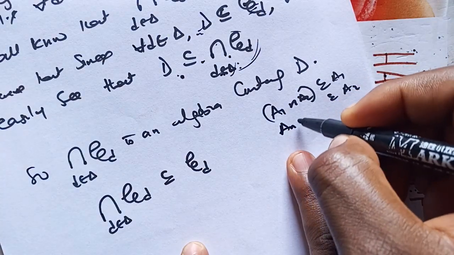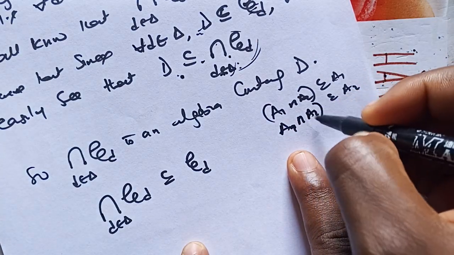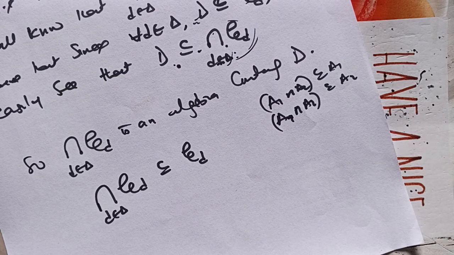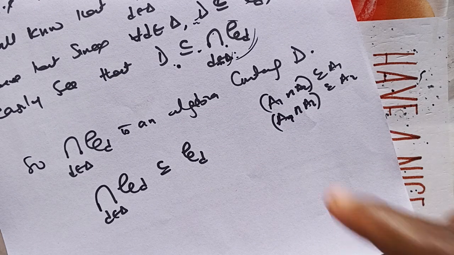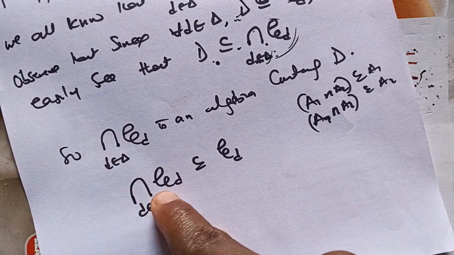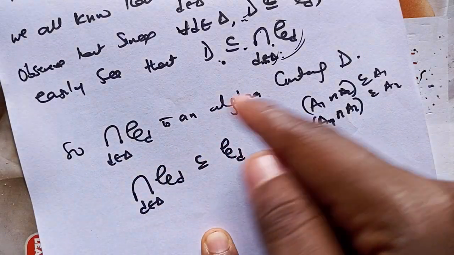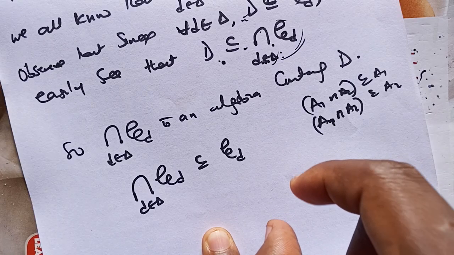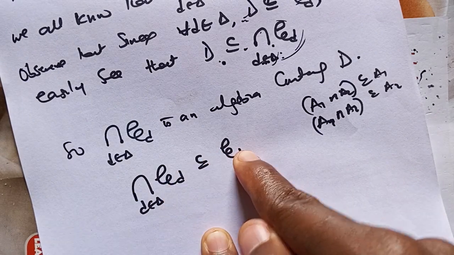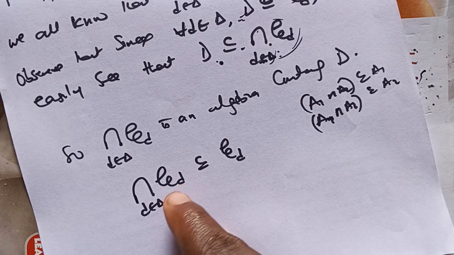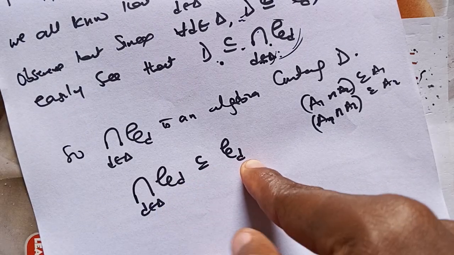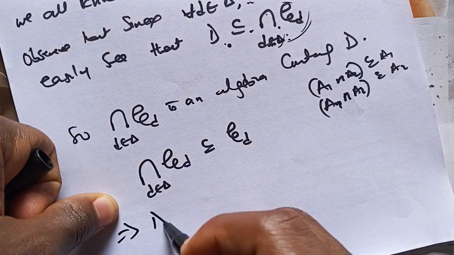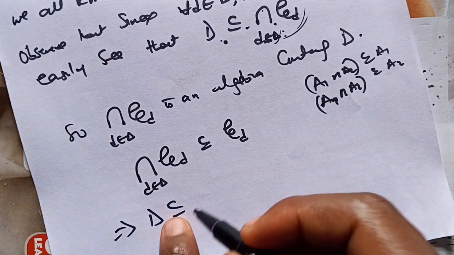So A1 intersect A2 is the smallest of these two. Meaning that the intersection of all those family forms the smallest set, and that smallest set is a subset of any of those family. So this implies that D is a subset of this arbitrary intersection,